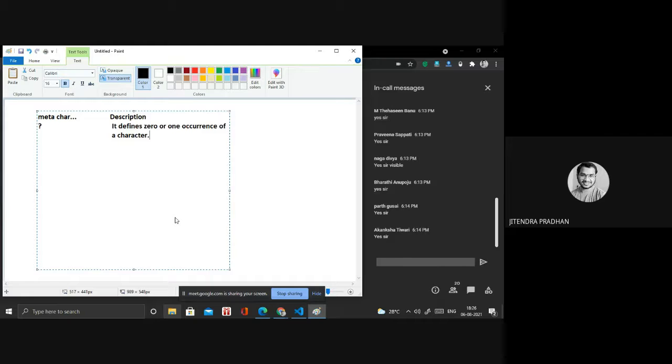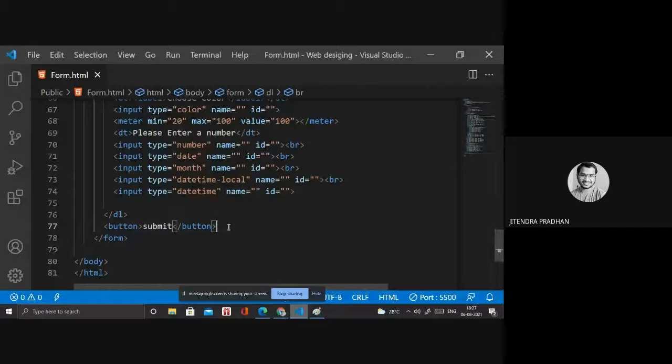It defines zero or one occurrence of a character. Okay, so what is the meaning of zero or one occurrence? I will give you an example. Then you have to understand how it works.